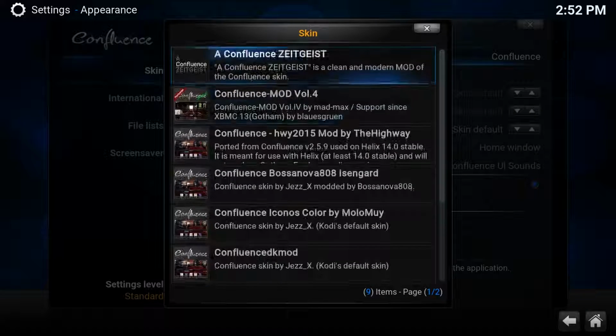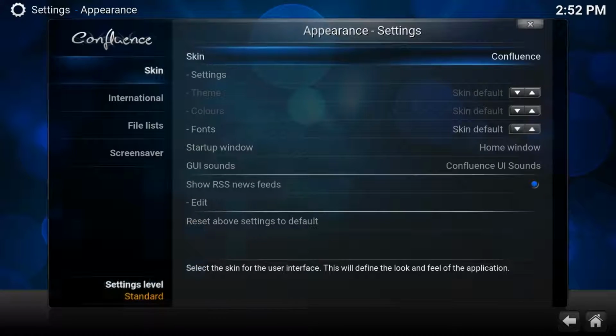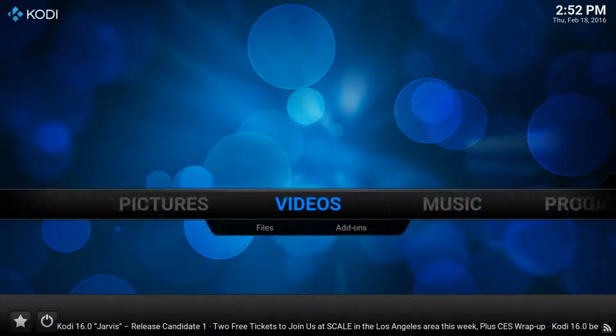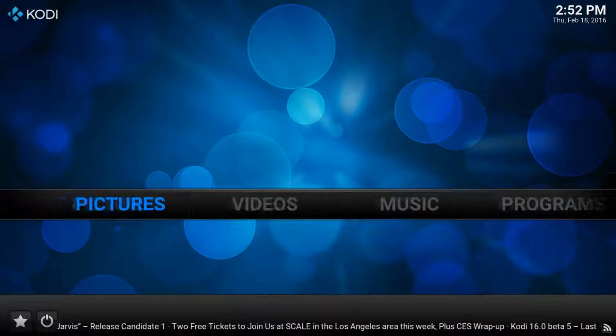Or go to the internet, go on YouTube, whatever. There's loads of different places you can get brave new skins to completely transform the way this looks and interacts with your computer, with your Android box, with whatever it is that you're using it from.